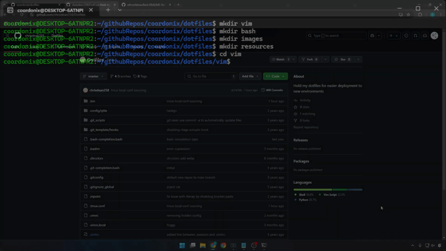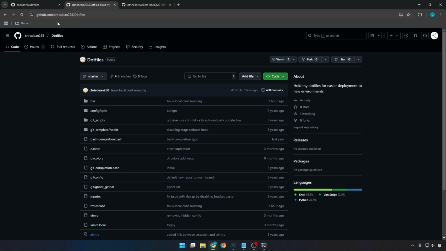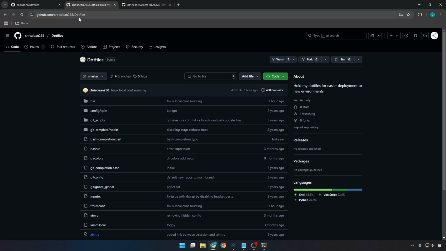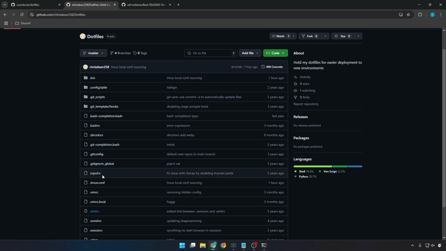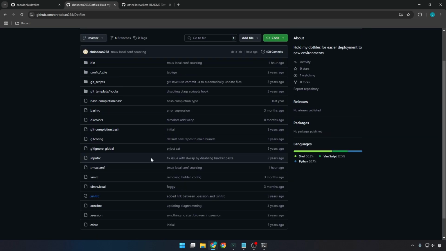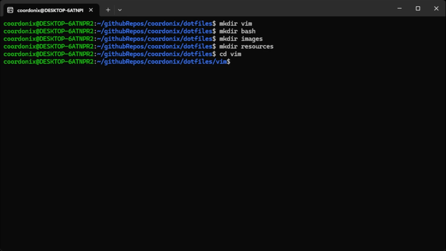So let's come over to GitHub. And if you look, there's a user named ChrisDean258 who also has a repo called .files. Inside of this, he has his vimrc along with other things if you're interested in checking them out. So what we need to do is actually download that vimrc. To do that, we're going to go back to our WSL. So to download the file itself into the Vim directory, we just need to use a wget command. So we'll type wget